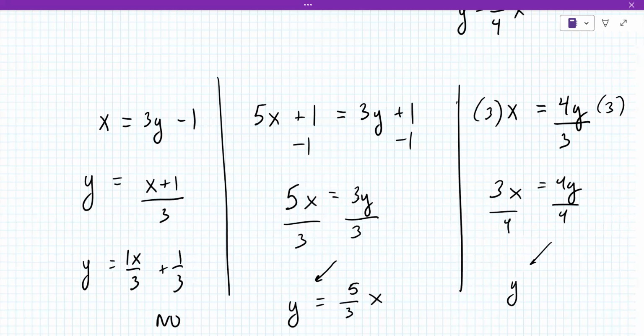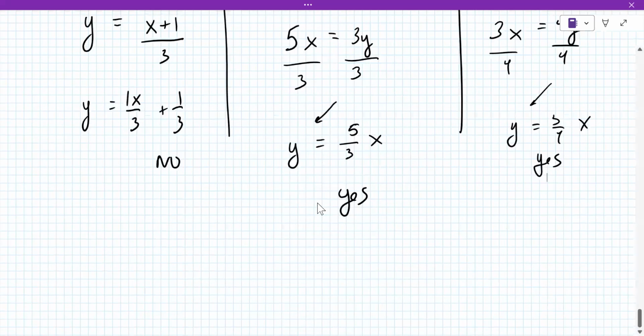So this becomes y equals 3 over 4 times x. That's okay. Now the other type of way you might see it is this, it's the last one I guess we'll do,